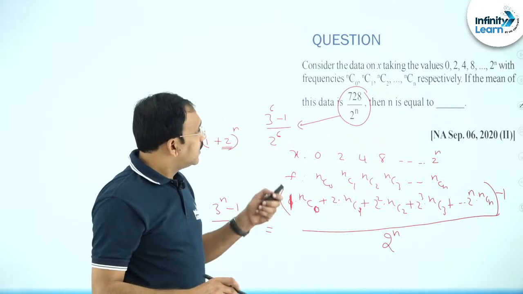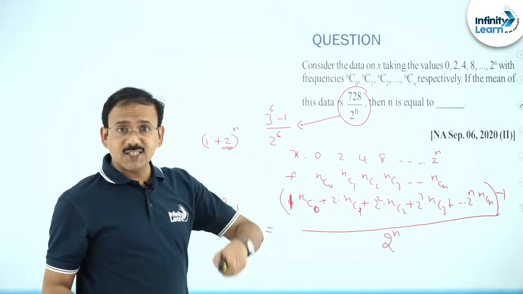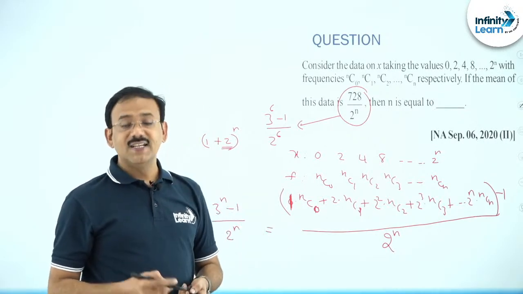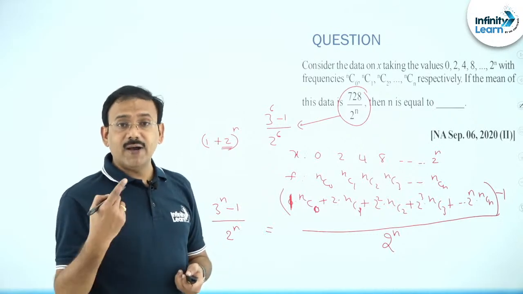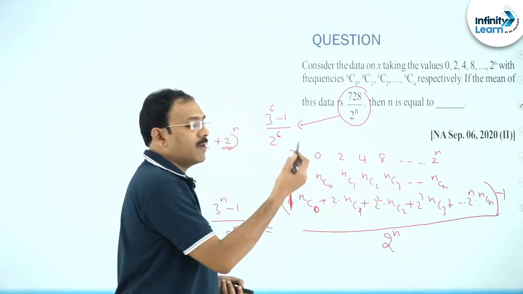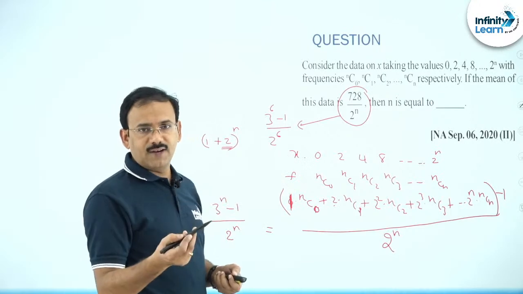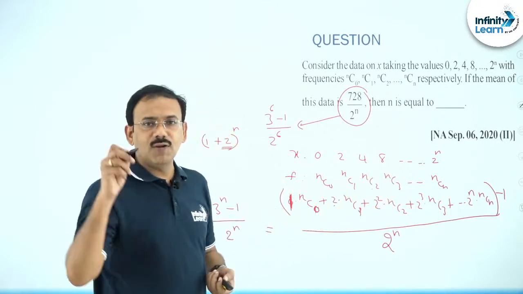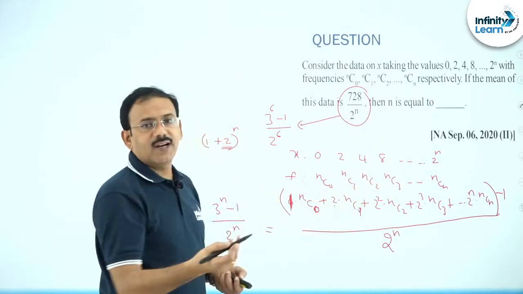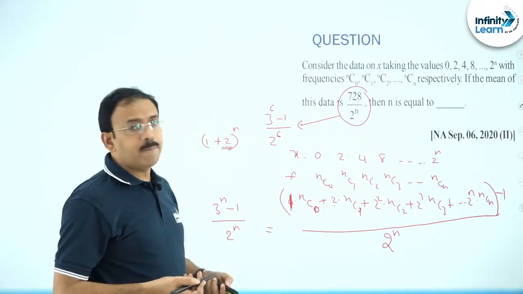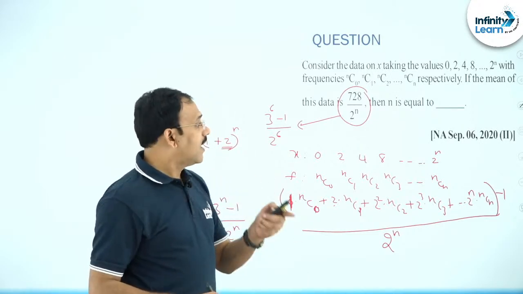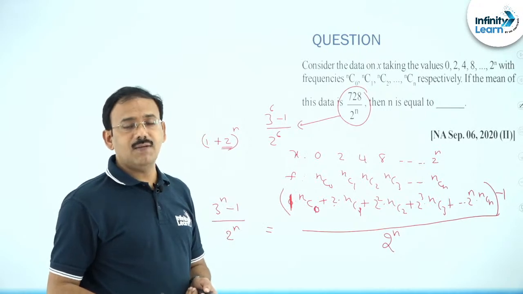A simple question. It is a mean related question, a statistics question, where he has included a binomial coefficients related property. Yesterday, that means in the previous class, in binomial theorem, I gave where these numbers will be in AP. In that case, (first number plus last number) by 2 into 2 power n. When they are in GP, it is very interesting. Do remember, when binomial coefficients are multiplied by a GP, it comes like the 1 plus x whole power n expansion only, isn't it? A simple question. Of course, in this question there are two concepts. One is binomial coefficients related and second is, I can say, the mean concept.